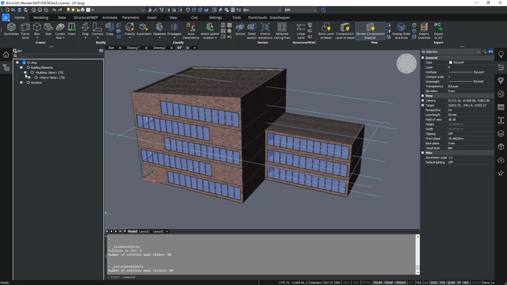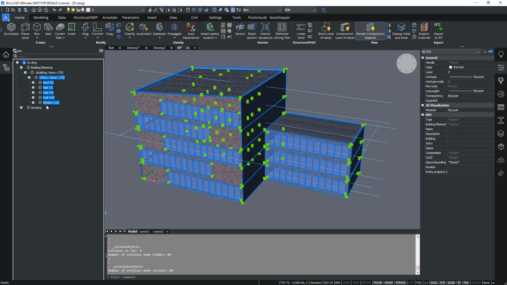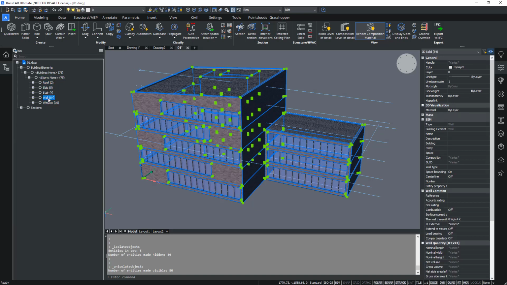So here we can make sure that we click on the walls, for example, and then either you could now go to the quick access bar and hide them, but there's also an easy way. If you right click on the grouping name, then you will be able to show, hide, or isolate all these elements from the right-click menu.